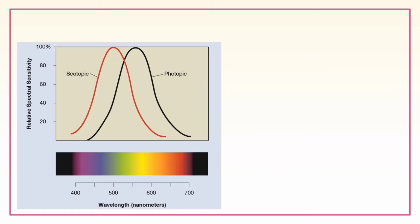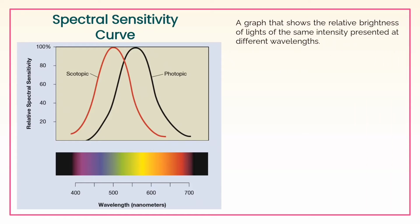The sensitivity towards particular wavelengths of light is slightly different for these two receptor cells as well. We can see it here in the spectral sensitivity curve, which is a graph that shows the relative brightness of lights of the same intensity presented at different wavelengths. Humans and other animals with both cones and rods have two of them, a photopic spectral sensitivity curve and a